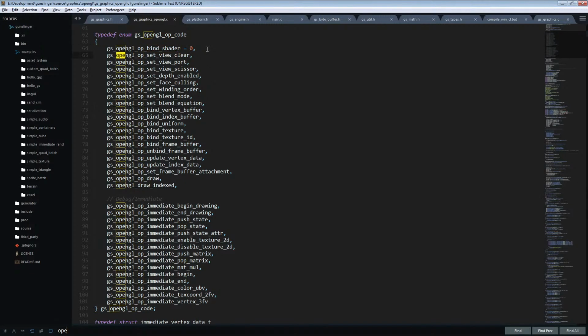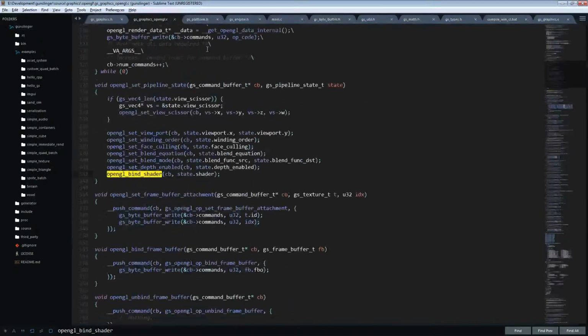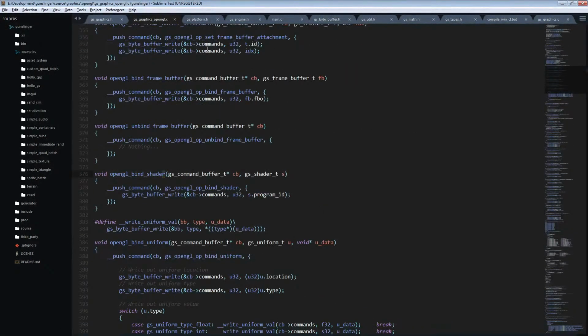That is set to whatever the graphics implementation is, which is this function right here. So what it does is it pushes that command opcode into the byte buffer for the command buffer you're using. It then writes out the program ID, which is the data that it needs,